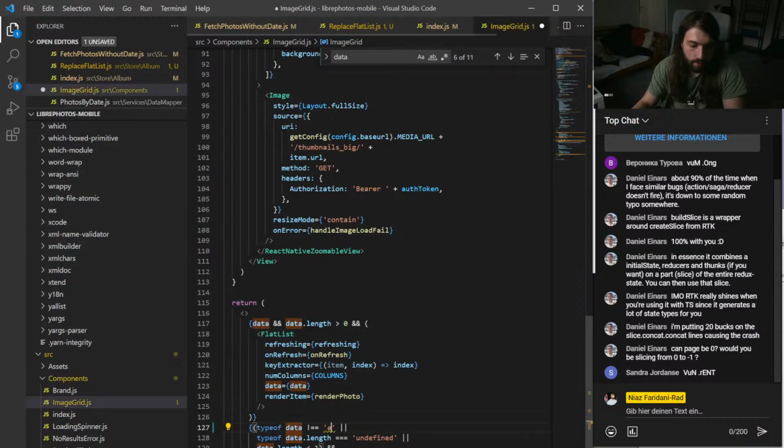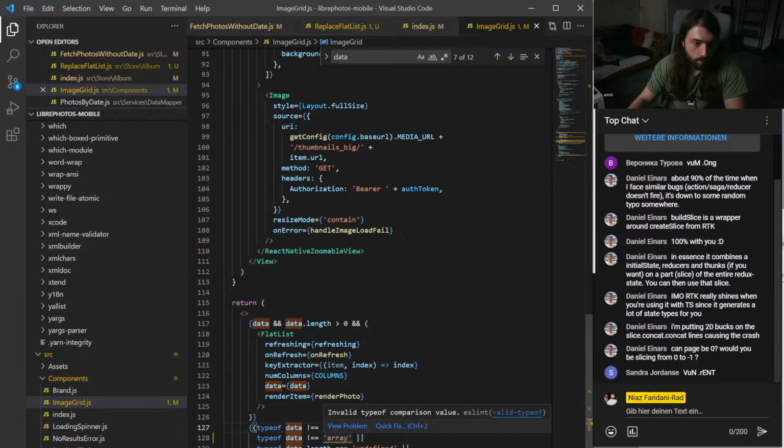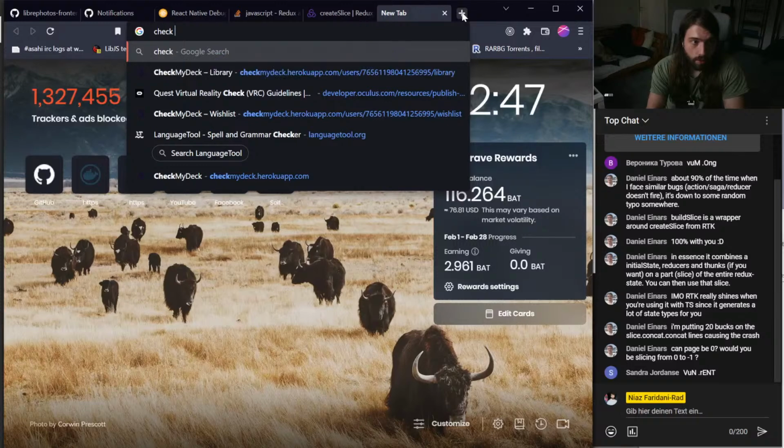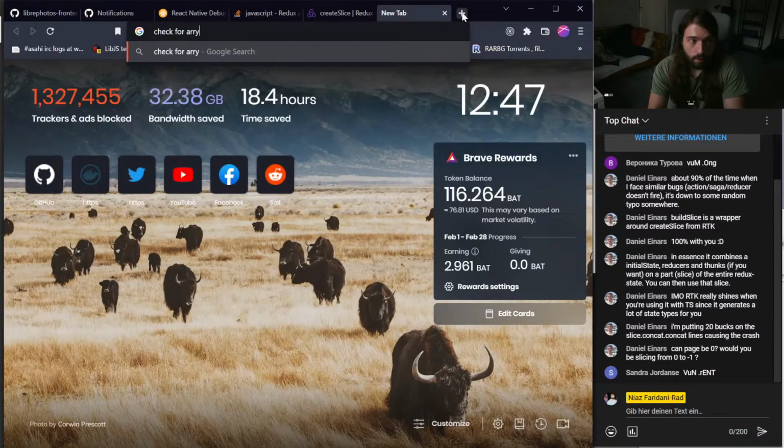So if it's not an object, invalid type of comparison value. Okay, check for array. Check for array type of.